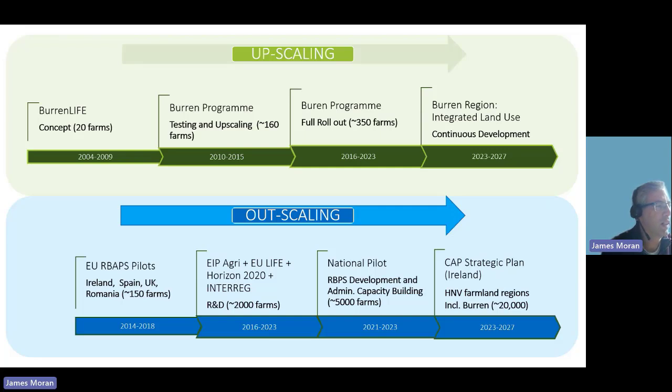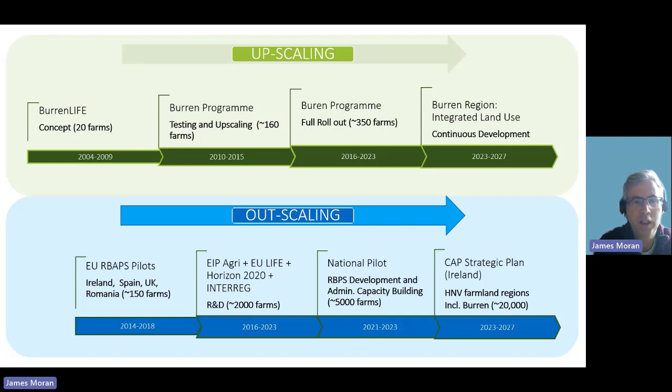We showed you this slide at the start of this course. It tracks the implementation story for results-based payment schemes and their development over the last 20 years, starting in the Burren, the upscaling and rollout of the Burren program over the last number of years, through the outscaling of the principles and framework of the hybrid results-based payment system that has developed in the Burren, and testing and development of this in a wider range of contexts, right through the results-based pilots that are operated across the European Union, tested at the Irish scale with the EIP-AGRI